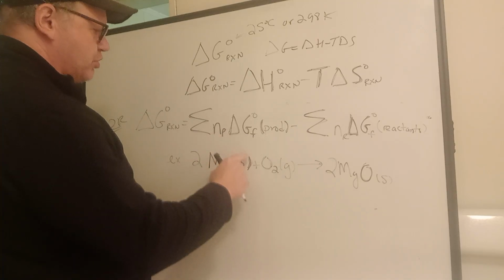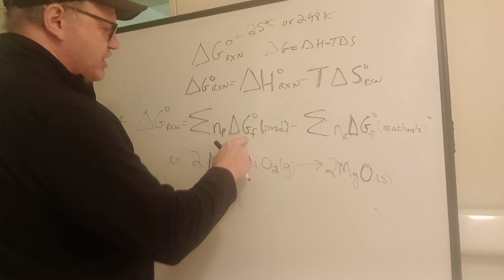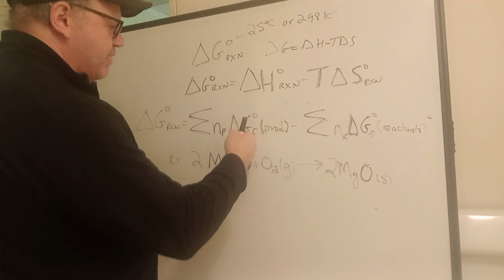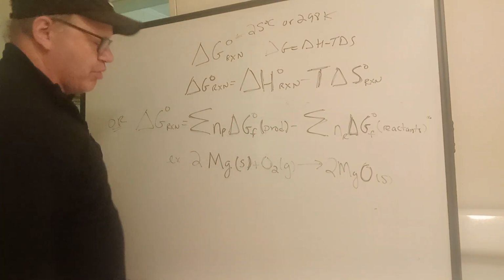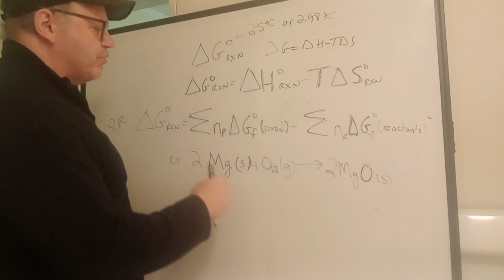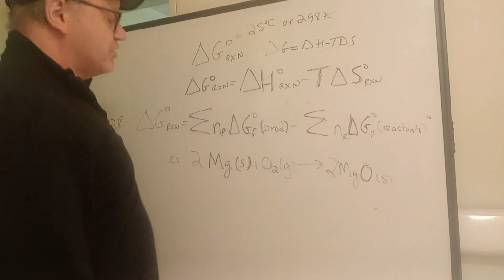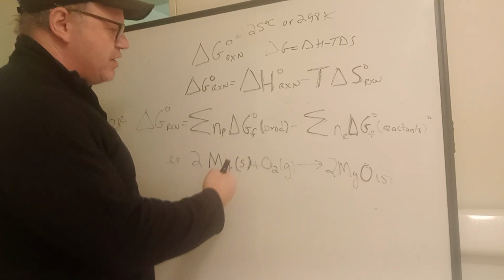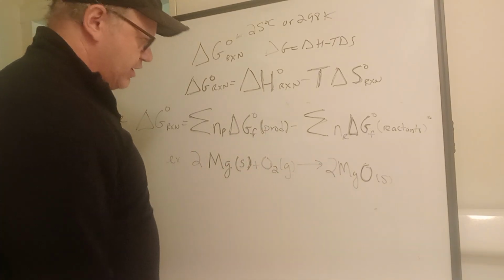Like here, products would be a 2 here, and then the delta G standard, this is the change in Gibbs free energy of formation under standard conditions per mole. So what delta G of formation is, it's analogous to delta H of formation standard. This would be the Gibbs free energy for 1 mole of reaction unit